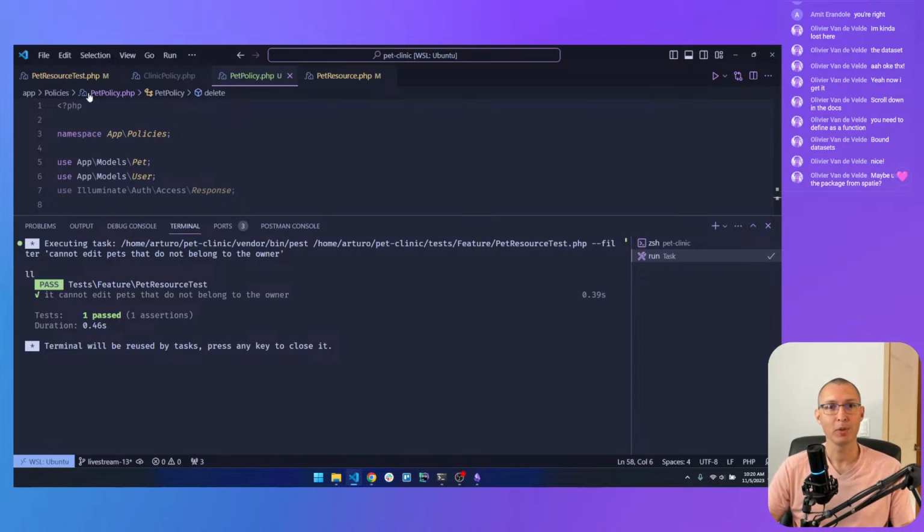Now it works. You know why it works? Because the policy is making sure that if you somehow guess the URL for a pet that doesn't belong to you using the ID, as soon as you get to that page, Filament is going to check the policy for that model and make sure that the policy allows you to view the edit form. If you can edit a pet, you will see the form. But if the policy does not allow you to edit a pet, you will get a 403 response.